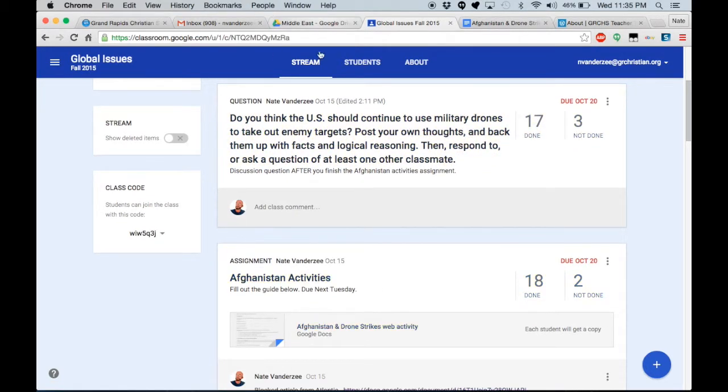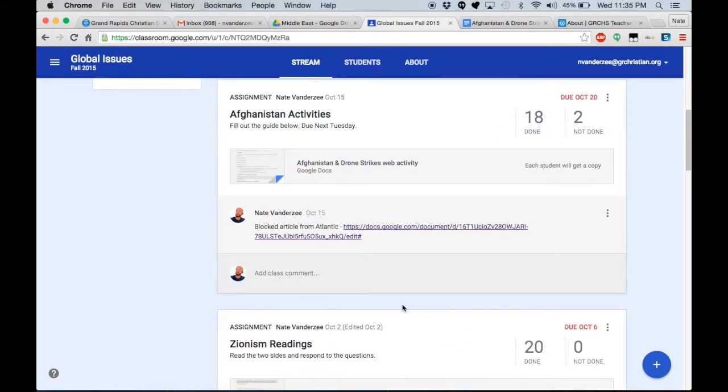Again, that's the feature for making a copy. Each student will get a copy, rather. And yeah, I've found that a really great way to manage assignments. Now, for grading them,